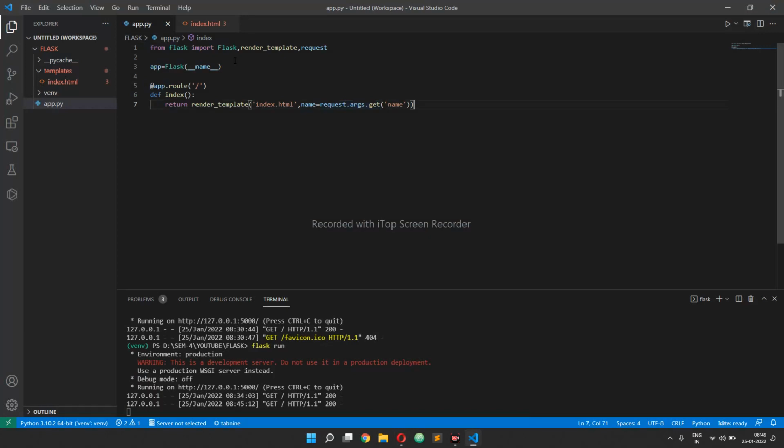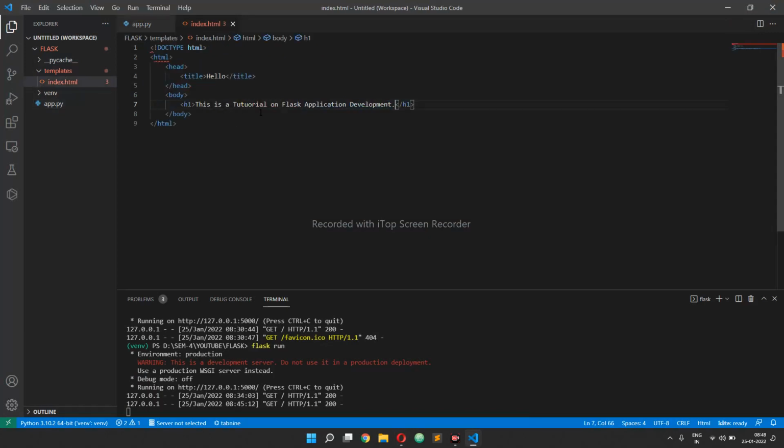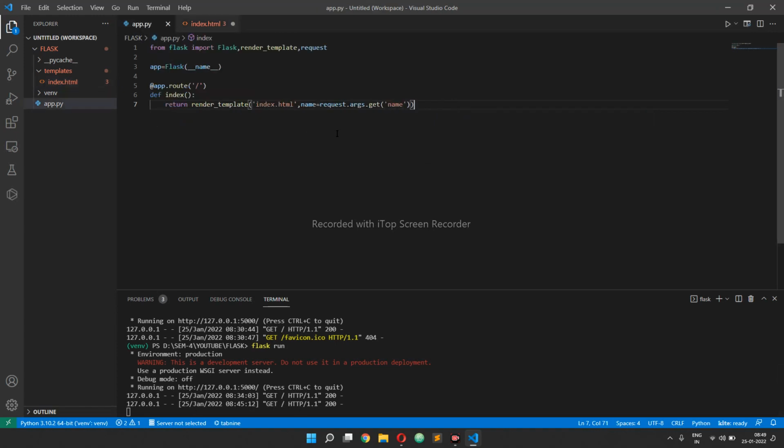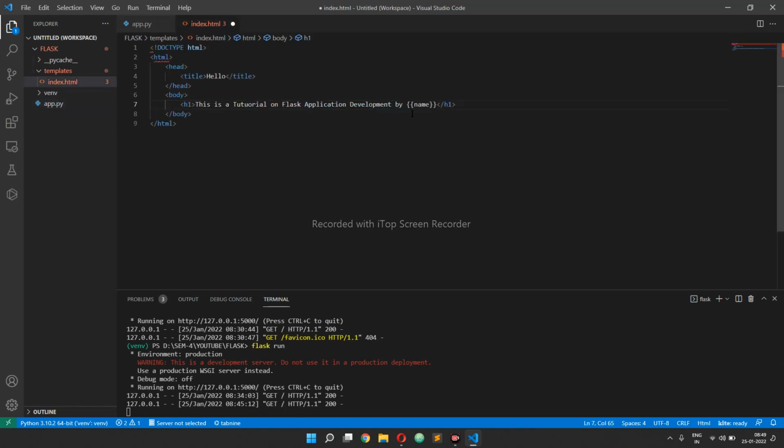Sorry, first before that let's change a bit here. I will be saying like this, "By {{name}}", where the value entered here will be displayed here within the double quotes. So I mean the double brackets. So let's save this, rerun the Flask server,